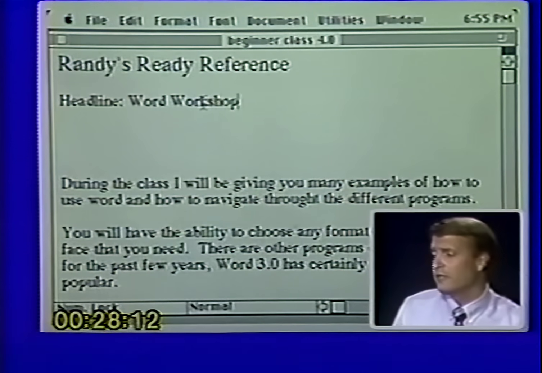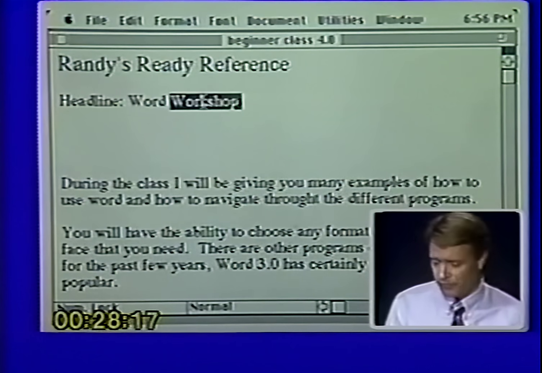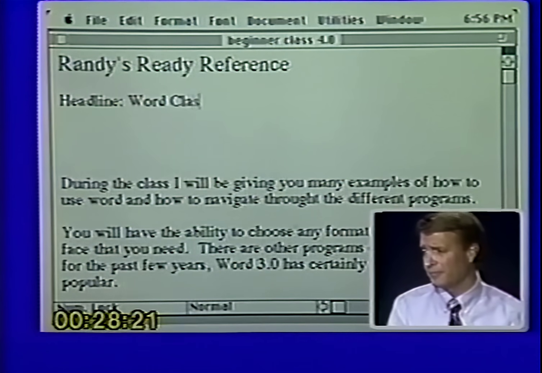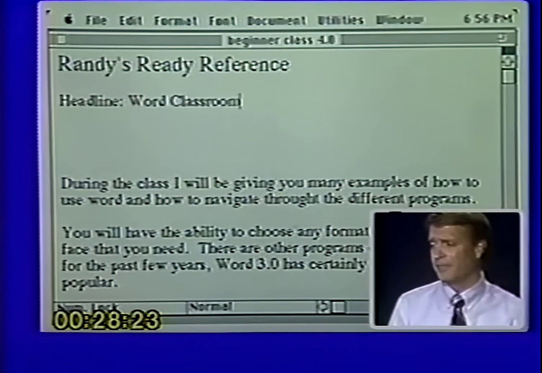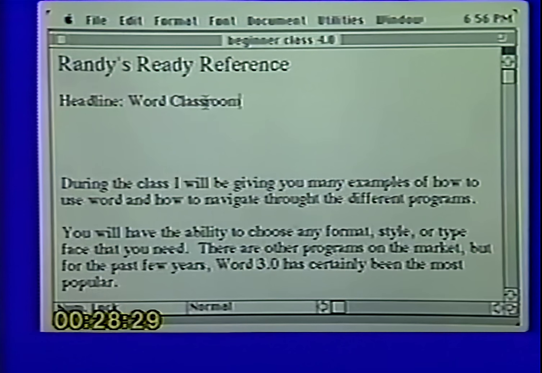Now, two ways you could do it. You could do it the long way, and that is you could highlight what you don't want and push the delete key, and then you could type in what you do want, as I just showed you. Now that's kind of a long way to do it. Microsoft Word allows you to do both of them with one function, and that is simply highlight what you don't want and type in what you do want. So remember to delete and insert at the same time.